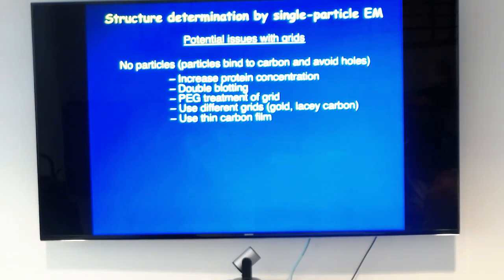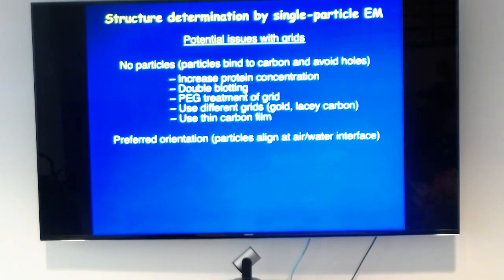The problem with carbon film is that it will increase the background a little bit. Graphene does much less of that, but graphene is more difficult to make with grids, at least for us. So using one of these techniques usually will solve your problem, and you will end up having your particles in the hole. But a problem that is more tedious is the preferred orientation,